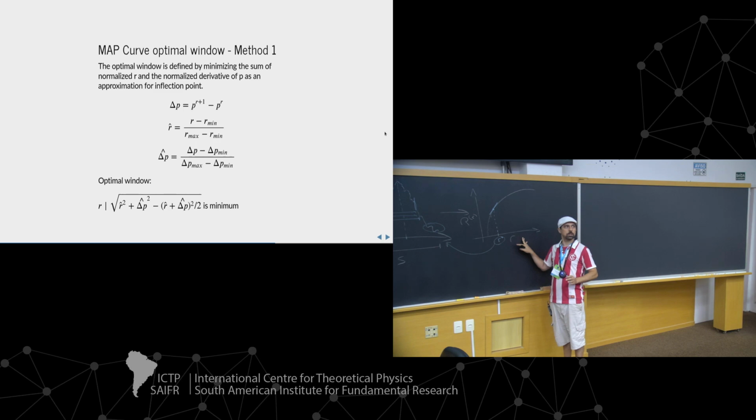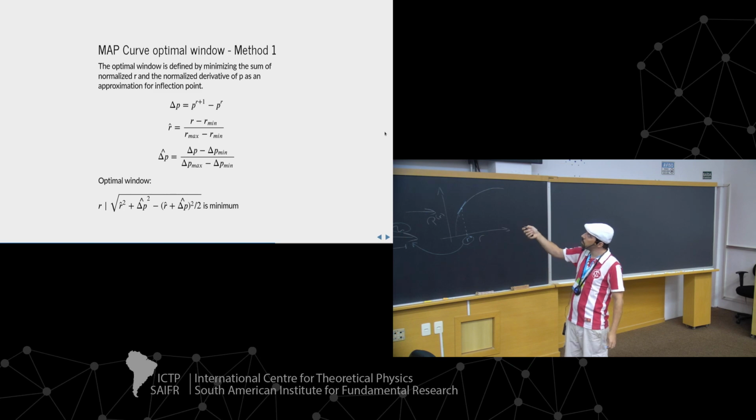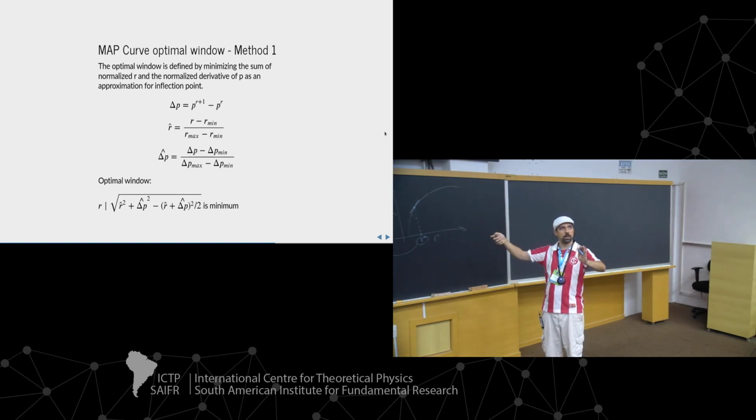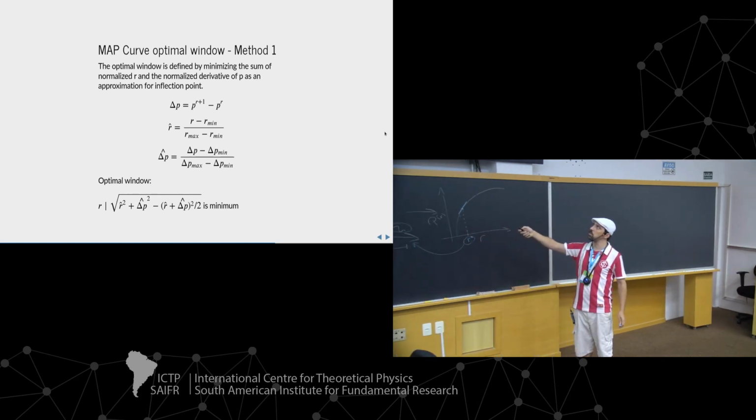discrete in nature. So I will look not at the actual derivative, but at the point difference of the map curve. And again, I will normalize this point difference, so that both the normalized window size varies from 0 to 1, and the normalized difference of my map curve is also normalized from 0 to 1, okay? Now,